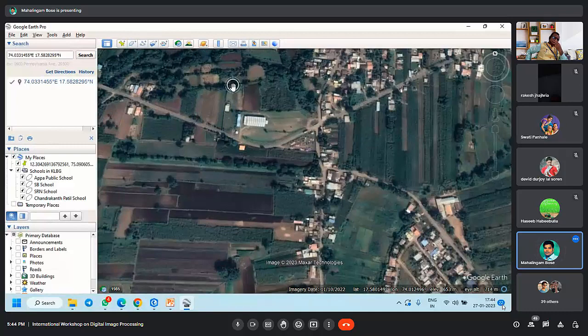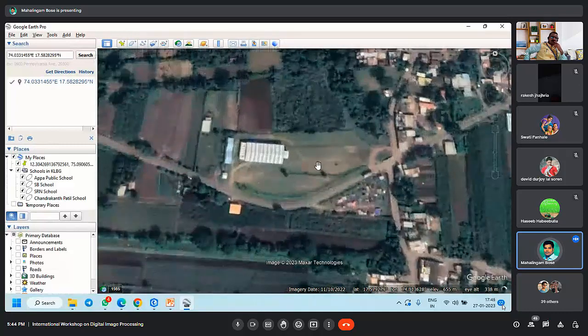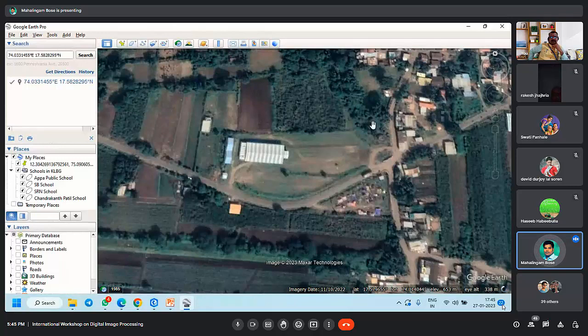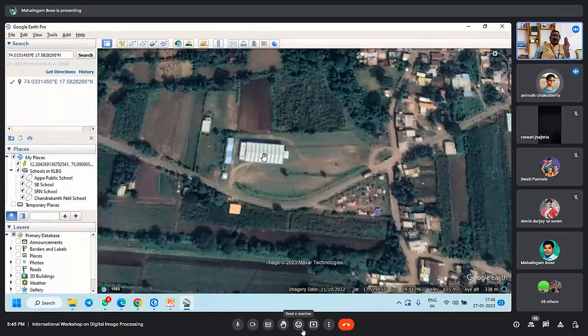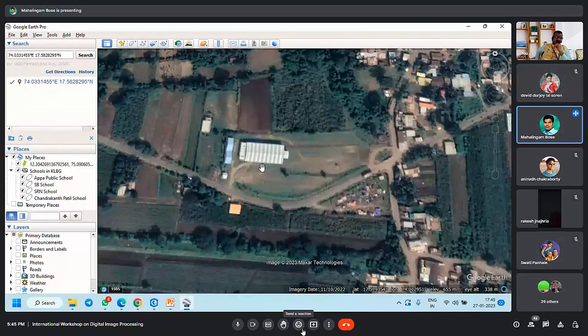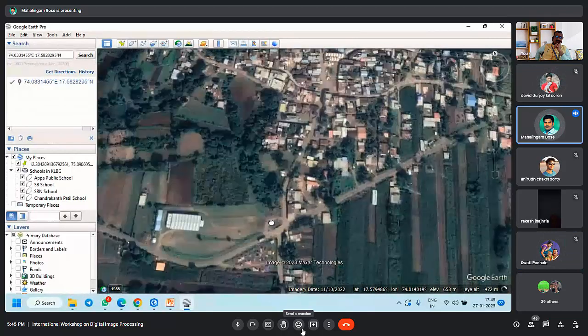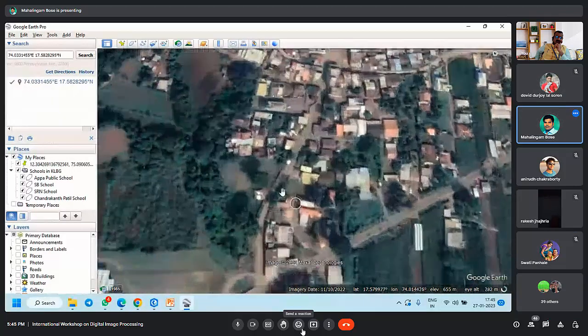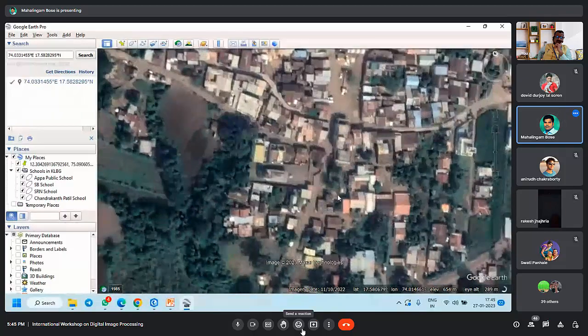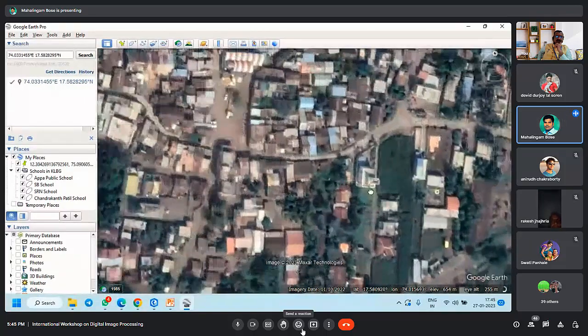See here, we have a big building and here we have lots of spaces. Will it be residential? No. It may be a storehouse or factory. Factory, it can be. See, here, when I come here, I have a building,